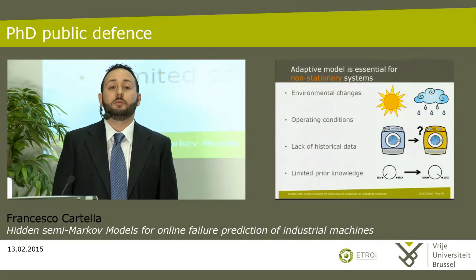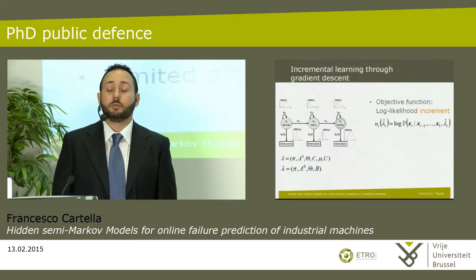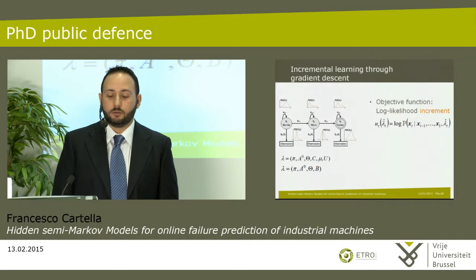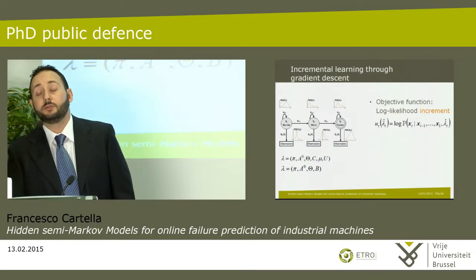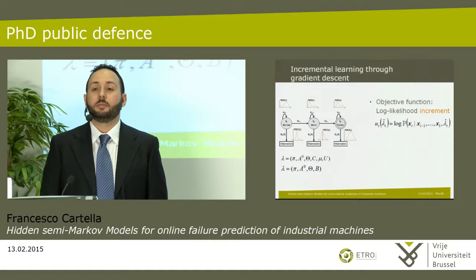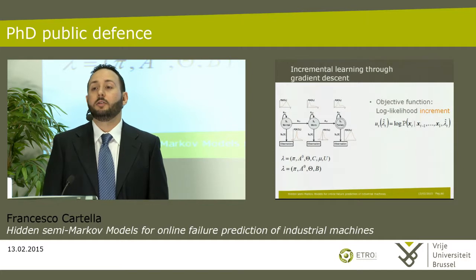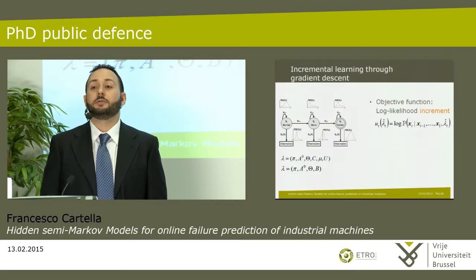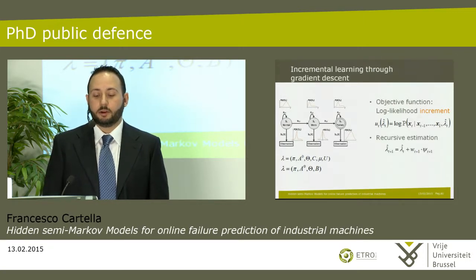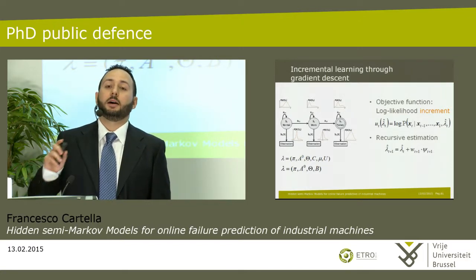Concerning the literature related to the online learning of hidden semi-Markov models, it is quite limited. So what we did is to take a state-of-the-art approach based on gradient descent. And when we use gradient descent, at first we have to define an objective function, which in this case is represented by the log likelihood increment related to the last collected observation. Then the goal of the online learning algorithm is to re-estimate the parameters of the model in order to maximize this objective function. And this is performed by means of a recursive estimation formula, which starts from an initial guess,